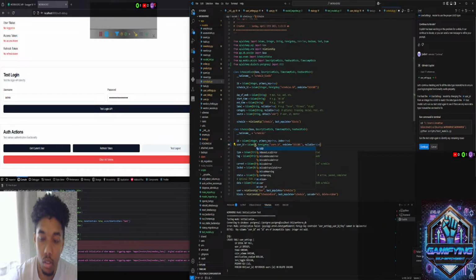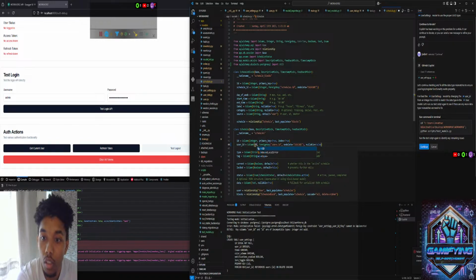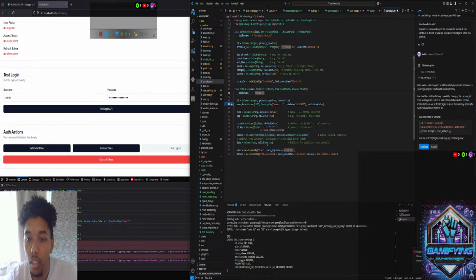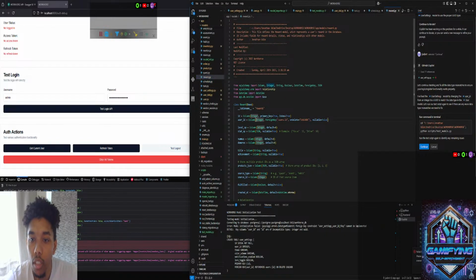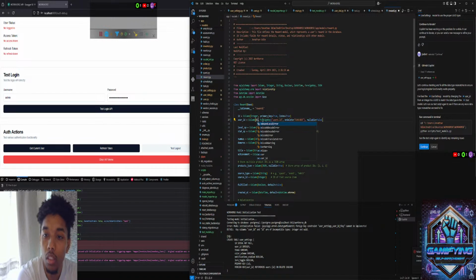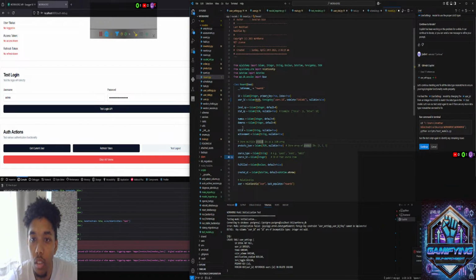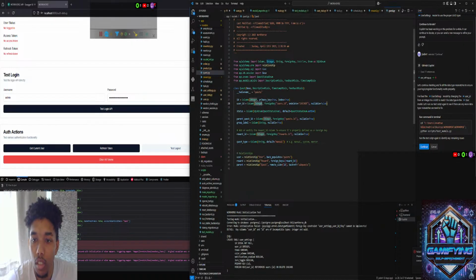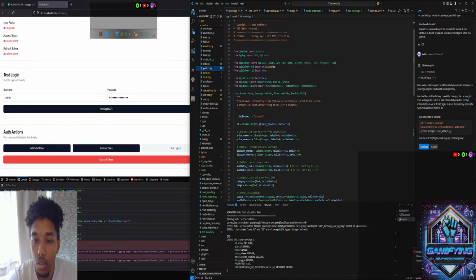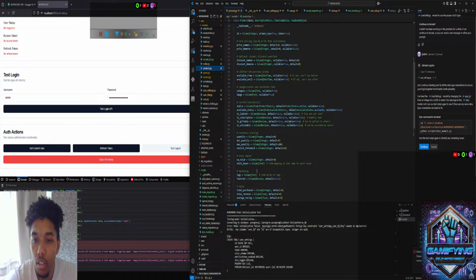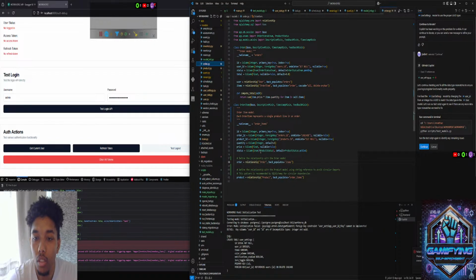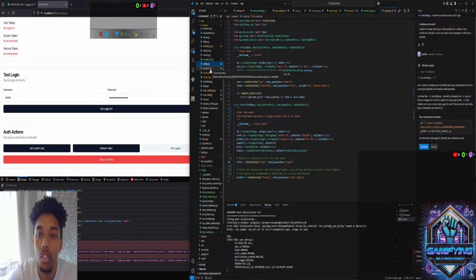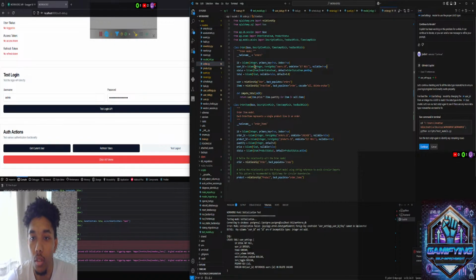Whoops. I hit caps lock by accident. Okay, reward, user ID. This needs to be this. Quest, same thing. Product. Do I have a user ID in here? I don't think I do. Yeah, I don't. Because products aren't tied to users, only orders and inventory items are tied to users. So